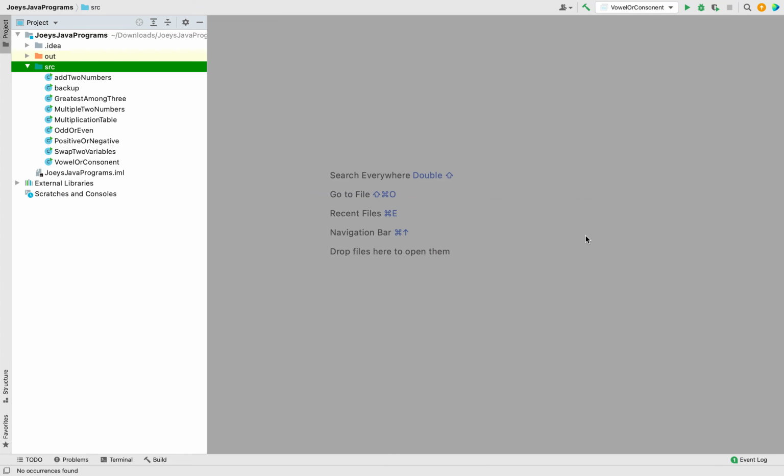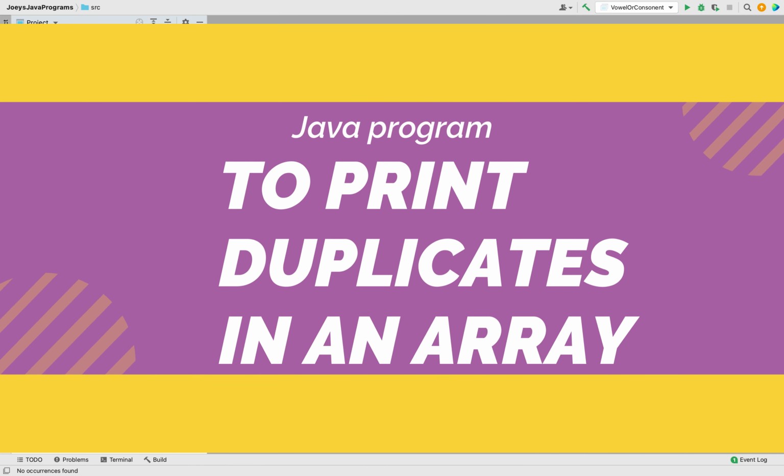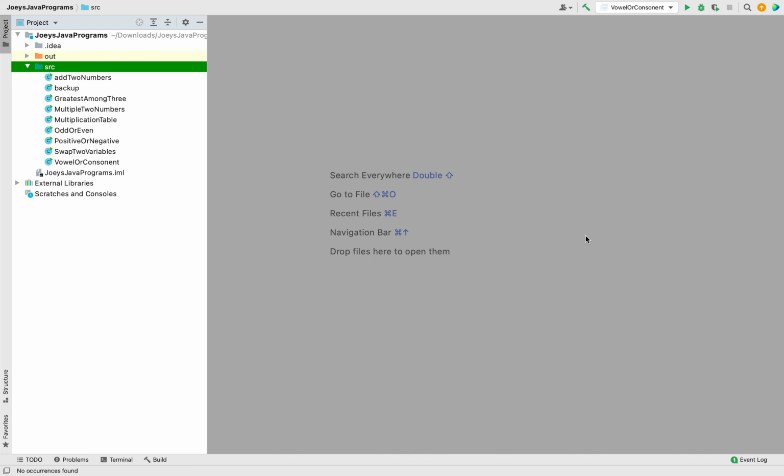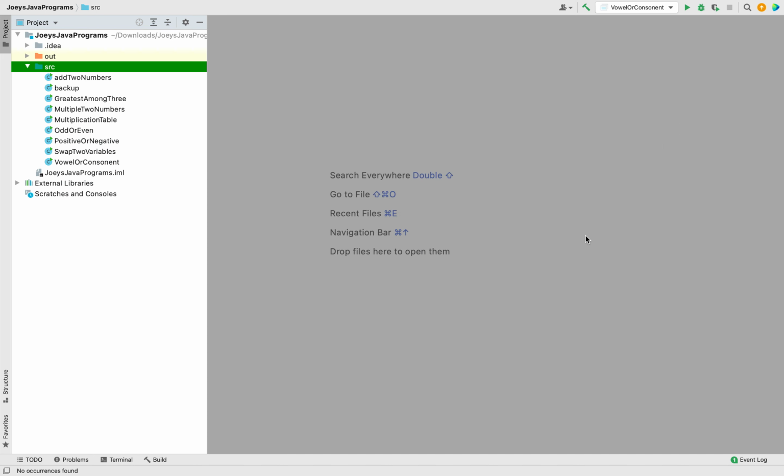In this video, we are going to look into a problem that has been asked in interviews of companies like Amazon and D-Shop. The problem is print duplicate elements in an array. We'll write a Java program to solve this problem, and let me tell you that we won't use two loops to find the duplicates. Rather, we are going to use Java collections, using which we are going to accomplish it